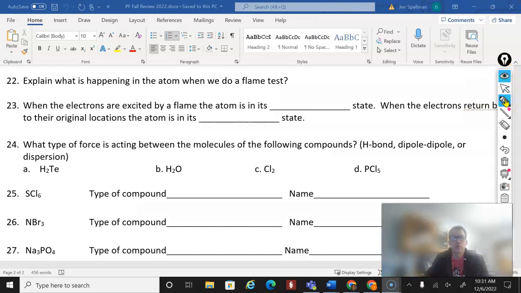Picking up on question number 22, we're kind of changing gears here. 22 and 23 go back to earlier in the semester when we discussed a flame test and what's going on there. One of the things we see in a flame test is we put different chemicals in a fire, we see different colors. Kind of our explanation for that is typically the metal that's in the solution or that we have on there is going to react to the flame, and the electrons that are in those atoms react to